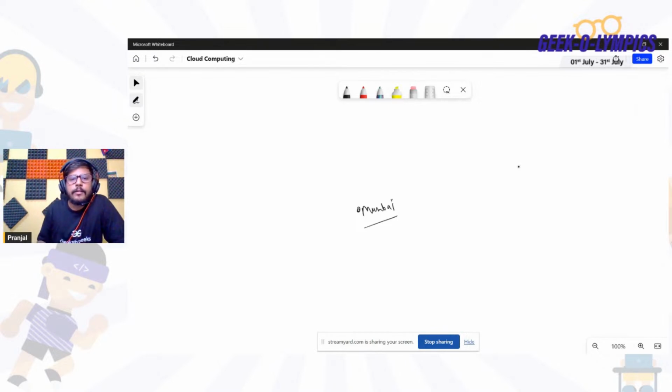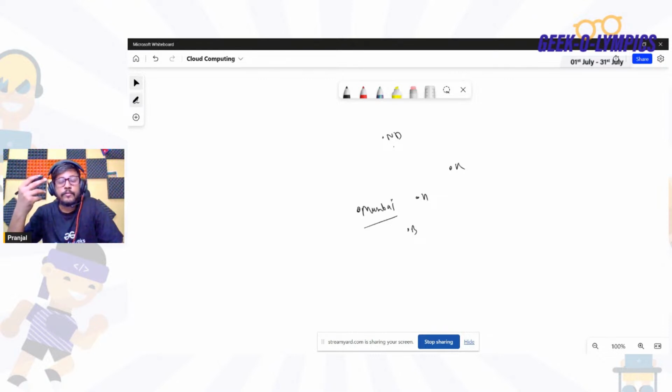Now in India, suppose this is your India map, and I'm very poor at drawing. Let's leave that part. Just understand this is Mumbai, here New Delhi will be, here Bangalore, some here Hyderabad, and around here Kolkata, something like this. We have different edge locations across India for this Mumbai region. And recently Hyderabad is also a new region in India for AWS. Now just understand your application and all things are deployed in the Mumbai region, and your users want to access your application.